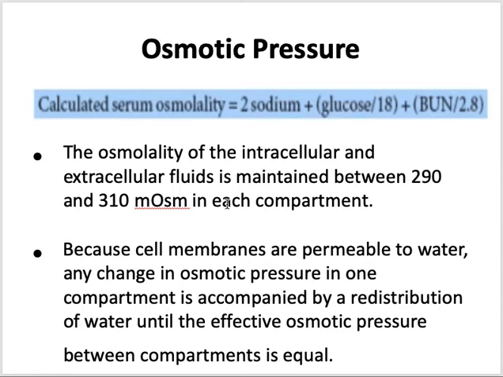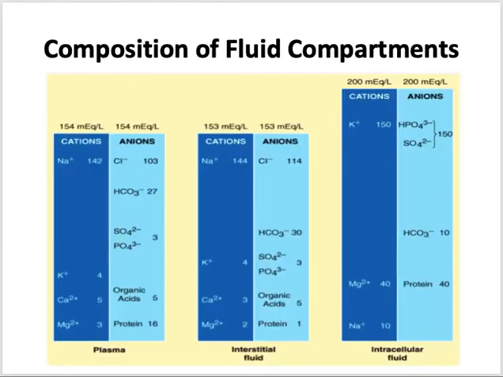Okay, now you can see over here the osmolality of the intracellular as well as the extracellular fluids is maintained between 290 and 310 milliosmol per liter in each compartment. Because cell membranes are permeable to water, any change in osmotic pressure in one compartment will lead to redistribution of the active osmotic pressure. For example, like what I'm saying,